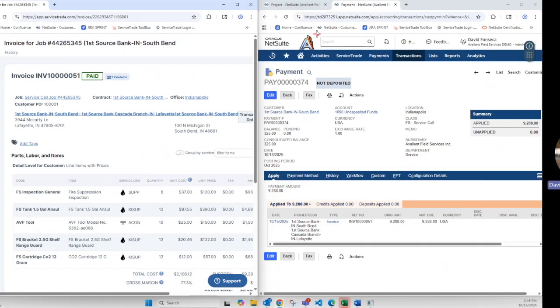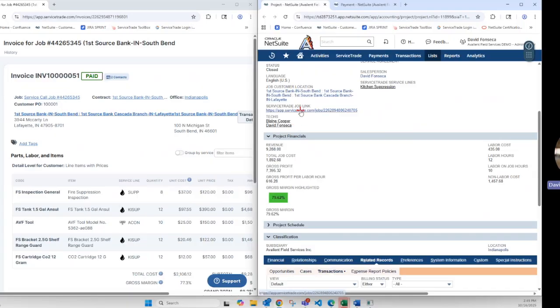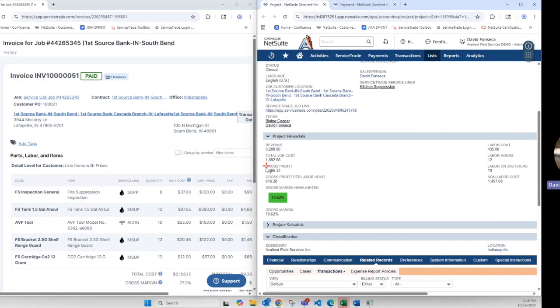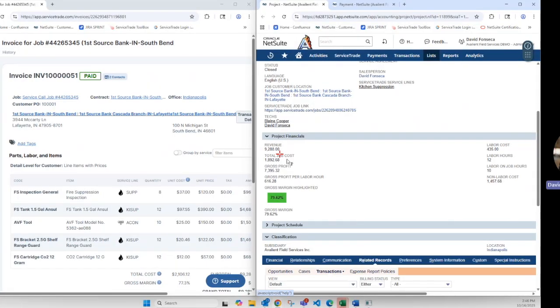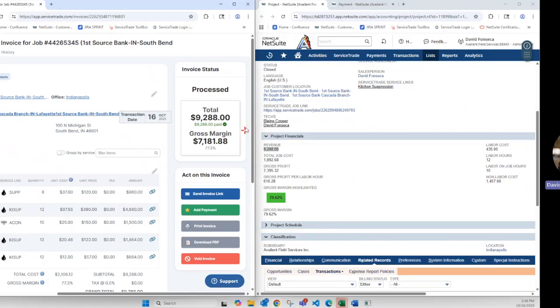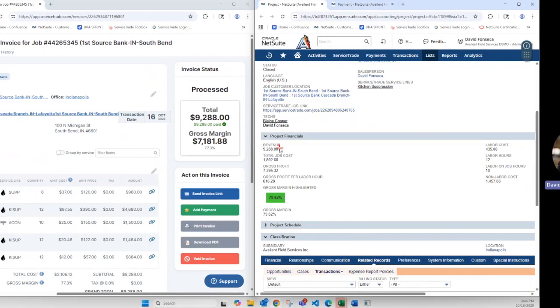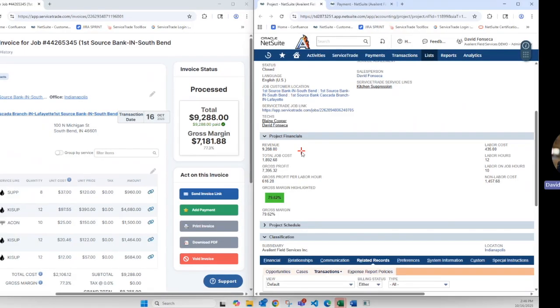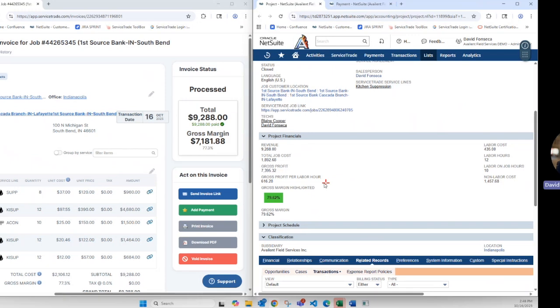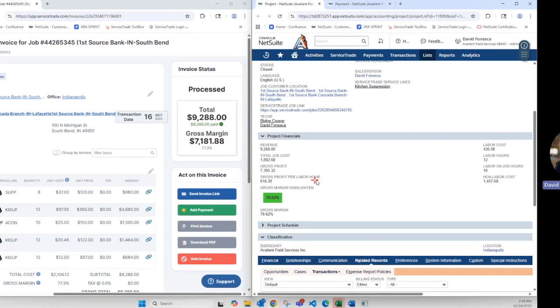So now, to close the loop here, I want to come back to our job and have a look at our project financials. Now that we've invoiced this job, we've got our 9288 of revenue, and that comes directly from the invoice. It's the total amount of all invoices on the job. We'll see our revenue here minus our total job cost will equal our gross profit. We can then do some things with custom fields like gross profit per labor hour. That's a field that was generated directly into this account,